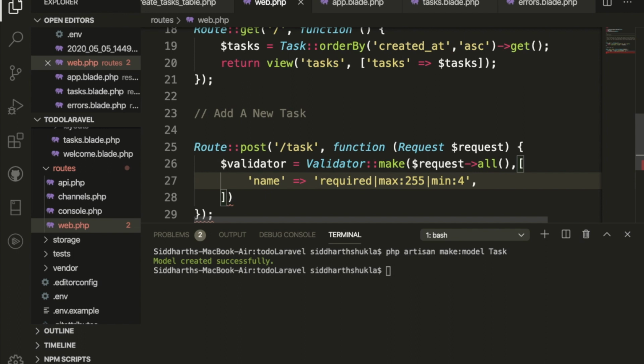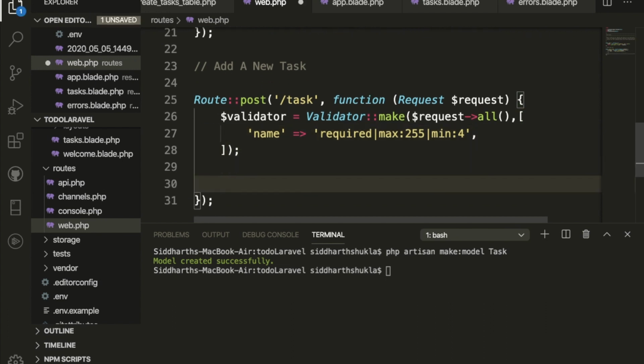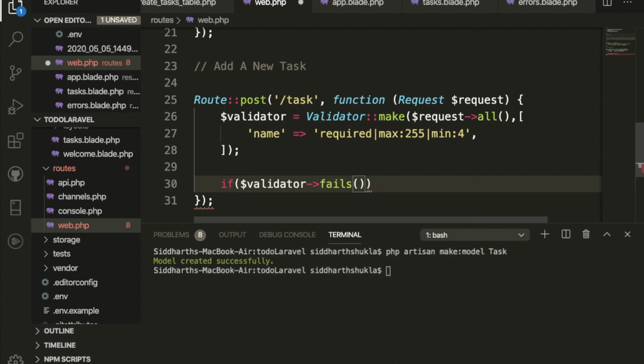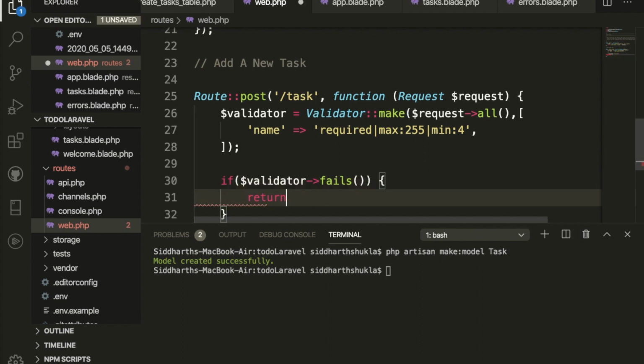One second, let me check one more time. We're getting an error, but why? We have the validator, and here we have written make after the scope resolution operator, and now this is fine. For the name we want only this, okay, we can write here or you can leave it also. So we have this function. I'm going to check if validator fails, this is a function, then we will return